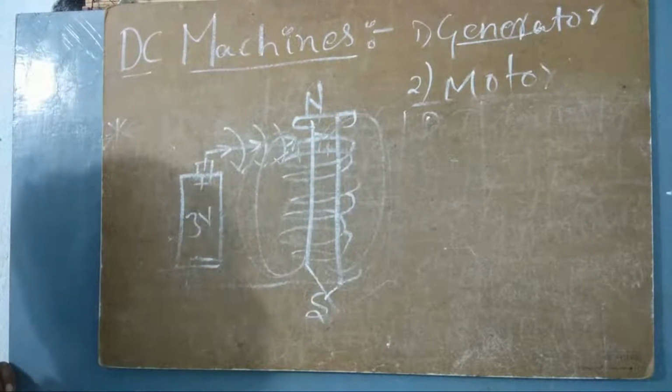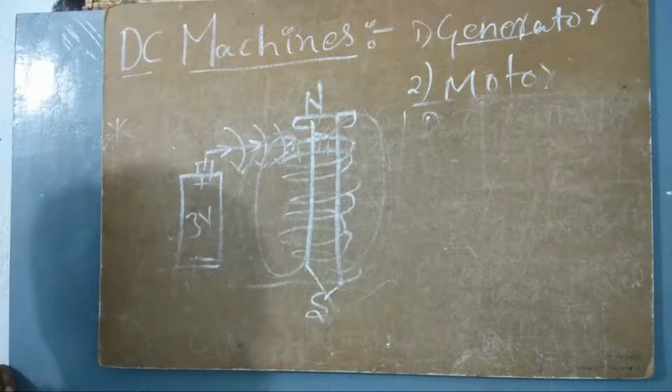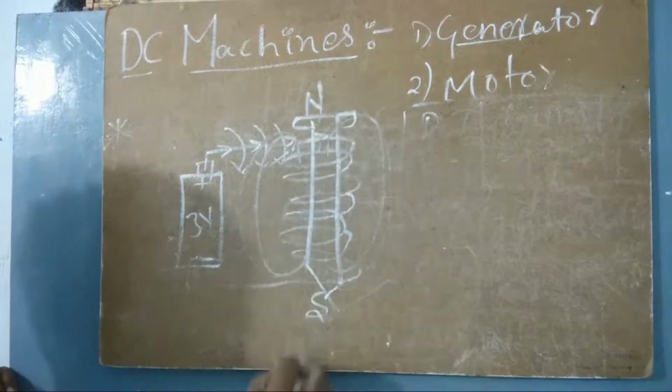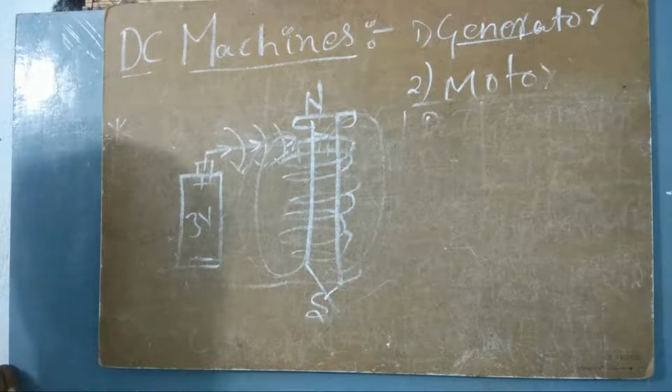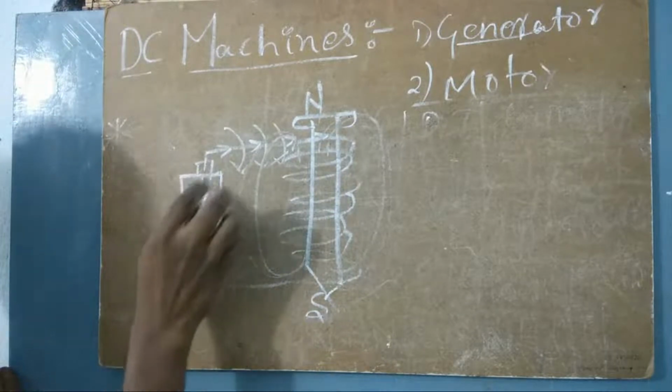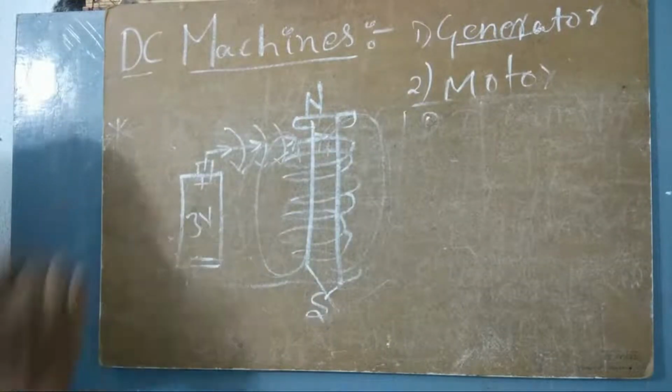So how fast do you want it to be? Do you want it to be magnetized very fast? It depends upon the permeability. So here I am having a north pole and a south pole. I call this electromagnetism, because what is happening here is I am producing an electromagnet. I mean, I'm producing a magnet with the help of a battery.